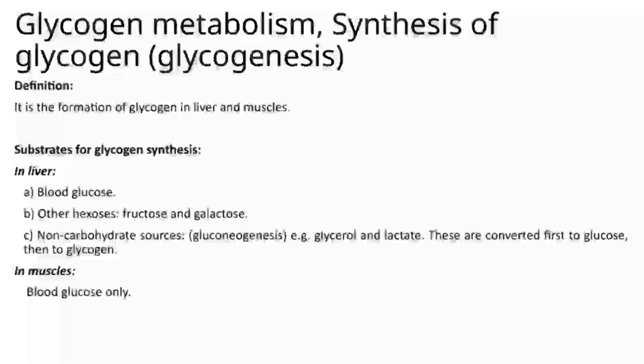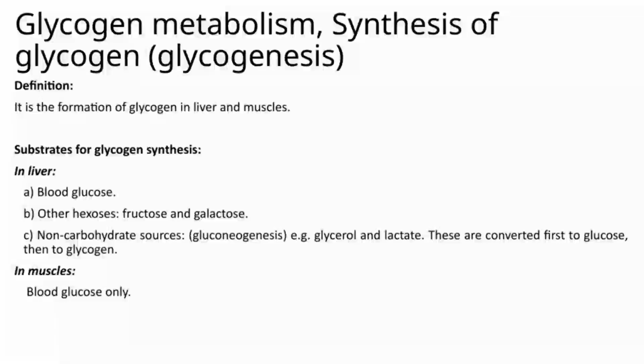Let's talk about glycogen metabolism, specifically the synthesis of glycogen, or glycogenesis. This process involves the formation of glycogen in the liver and muscles, which is crucial for energy storage. In the liver, glycogen synthesis can utilize several substrates. The primary one is blood glucose, which is readily available and can be directly incorporated into glycogen. But the liver also has the ability to use other hexoses like fructose and galactose. These sugars are converted into glucose derivatives before they are added to glycogen, expanding the liver's capacity to store energy